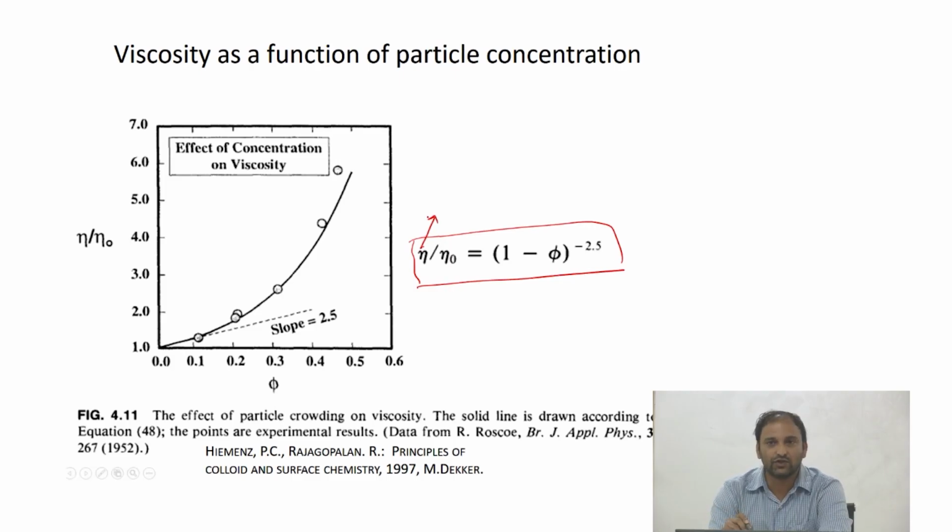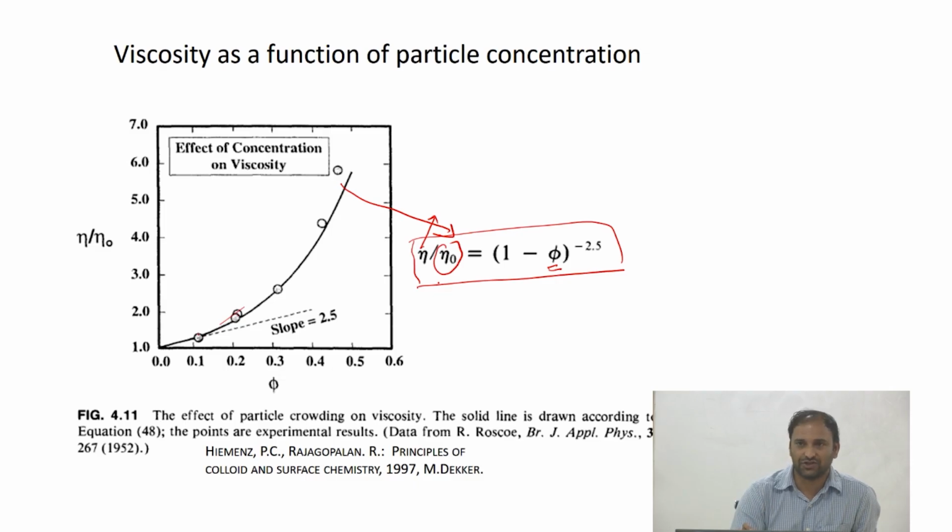Here eta is the viscosity of the particle-filled system, or the viscosity of the slurry or the suspension, and eta naught is the viscosity of the pure fluid without any particles, the suspending medium, and phi is the volume fraction. This line is actually the fit to this equation, and the data points that you see here are the experimental data. And this is one of the theories developed by Einstein, and so therefore what I can do is, in terms of the effective viscosity function,